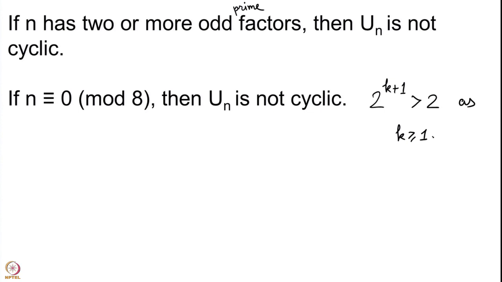So, this group is also not a cyclic group. Now the cases are as follows. You will have that 4 divides your number n, and then there can be one more odd factor. If there are 2 or more odd factors, then we will refer to the first statement and Un cannot be cyclic. So, now we are going to deal with the cases where n is p^e, where p is odd, 2p^e where p is odd, or 4p^e where p is odd. Those are the cases that we have to deal with.